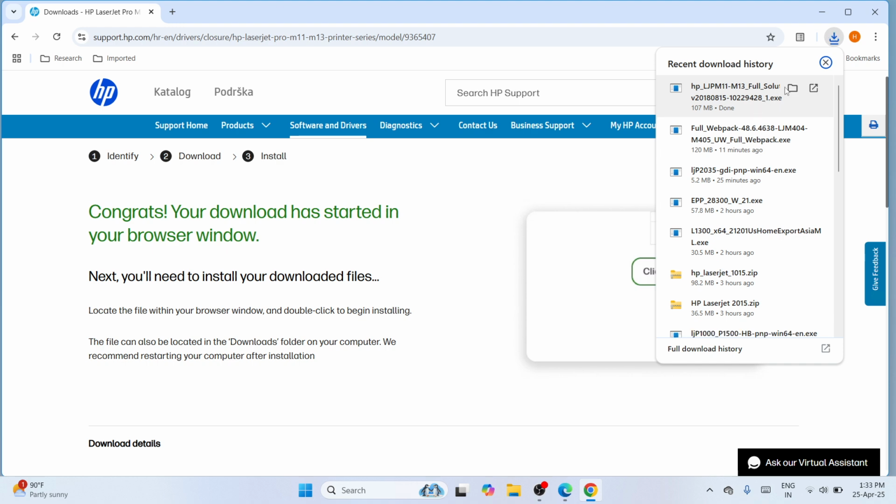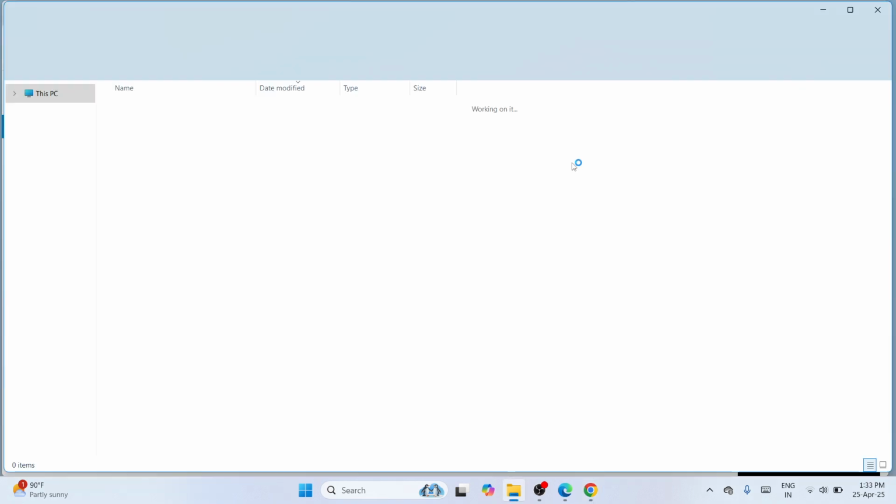Now, once it has been downloaded, click this folder icon so that you would be able to show it in